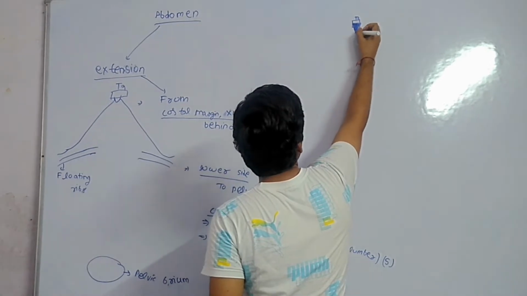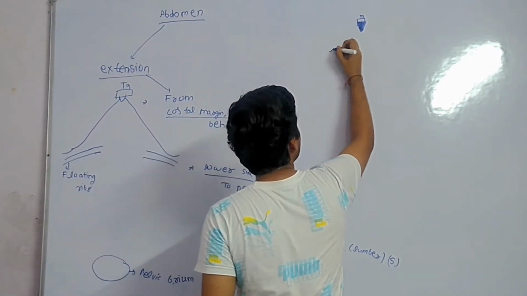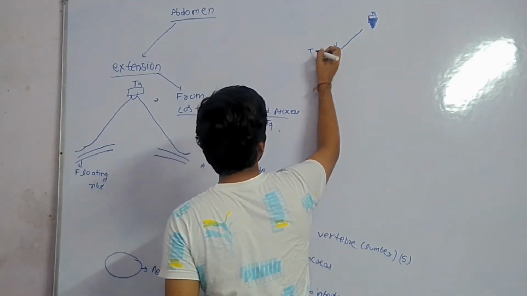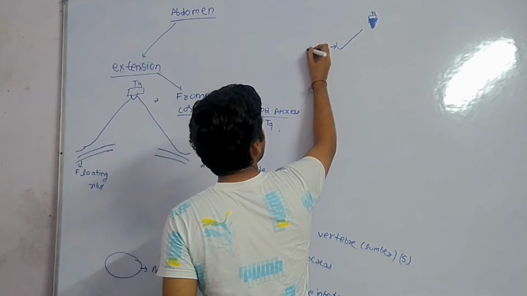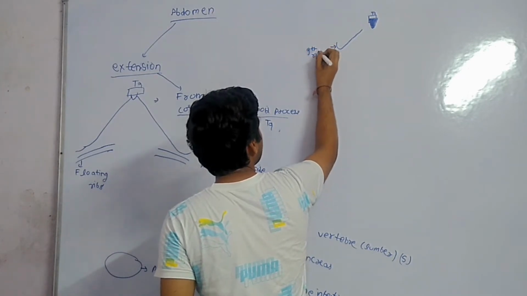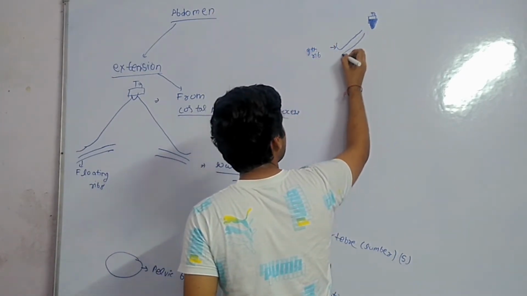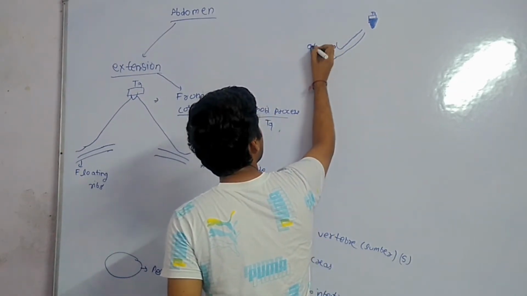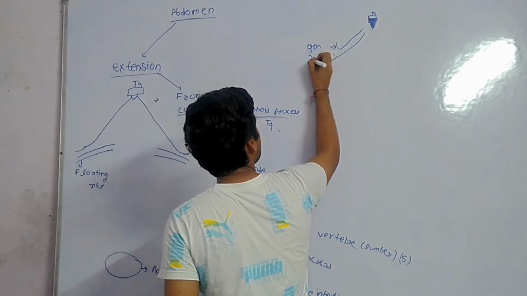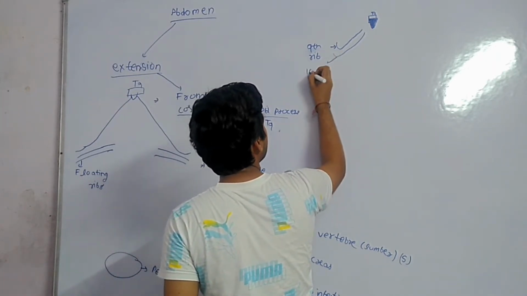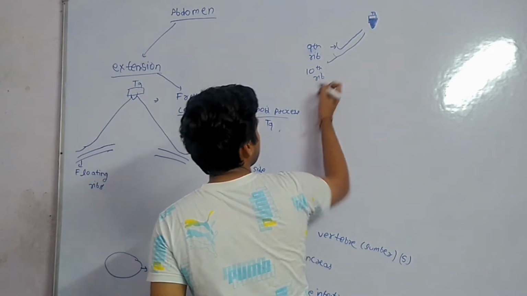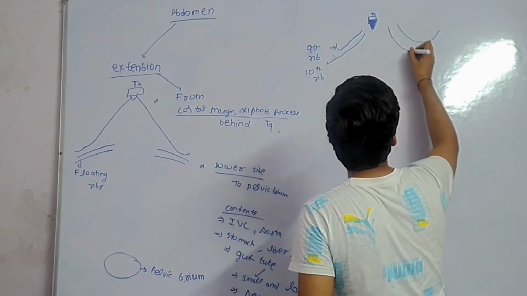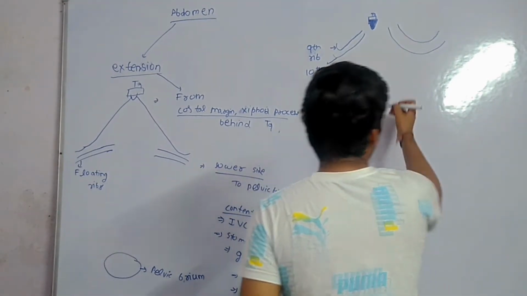Then here we know this is ninth rib, below this is tenth rib, same on both sides. Here we know this is umbilicus